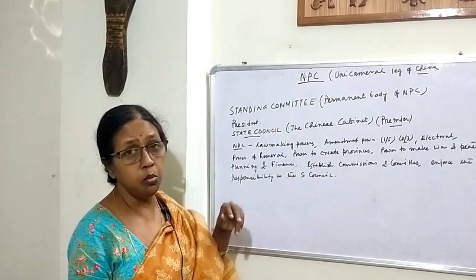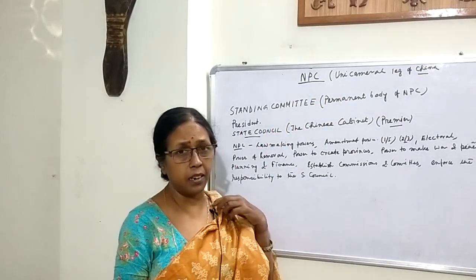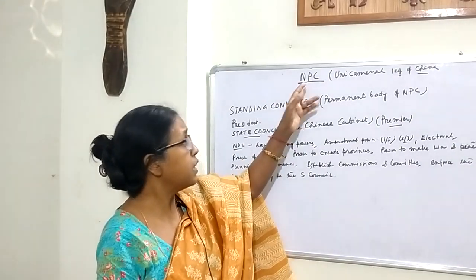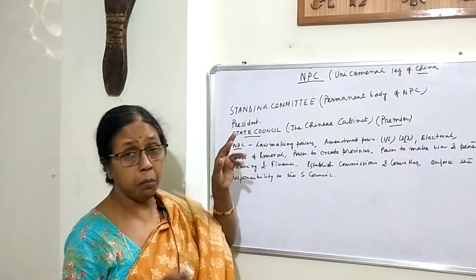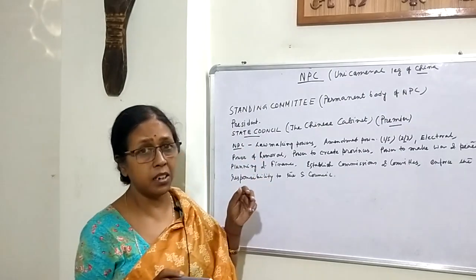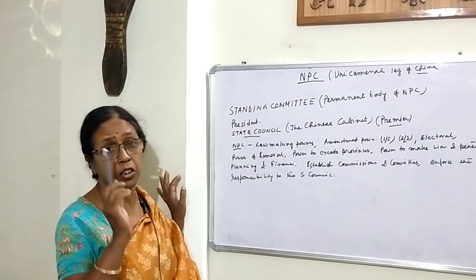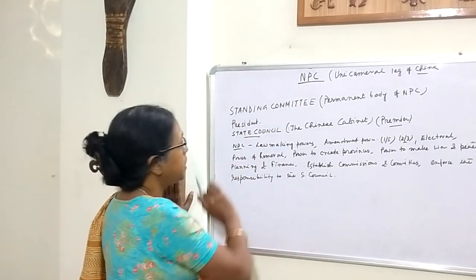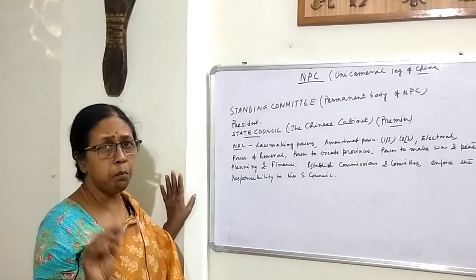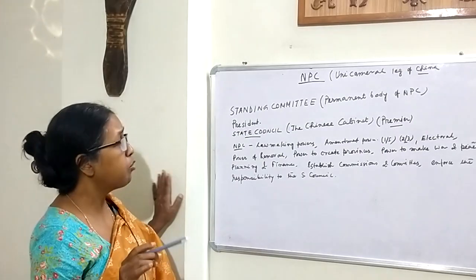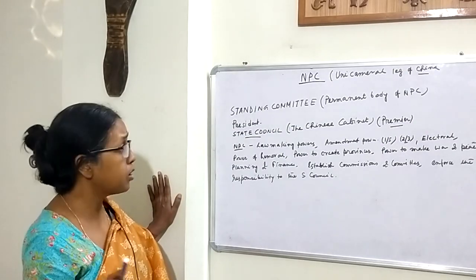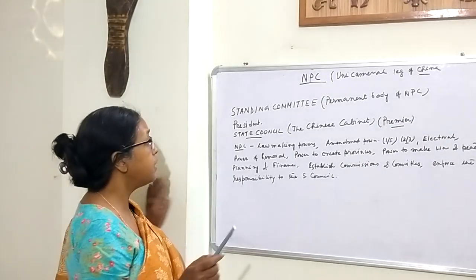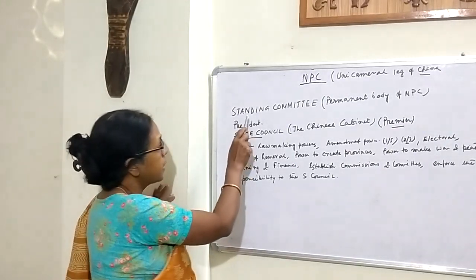It is the unicameral legislature of China. That means it is the single house of China's legislature. And you remember another thing, that China is a unitary government, so there is no question of state representation. So it is the unicameral legislature of China. And other important agencies of government according to the Chinese constitution of 1982 are: second one is